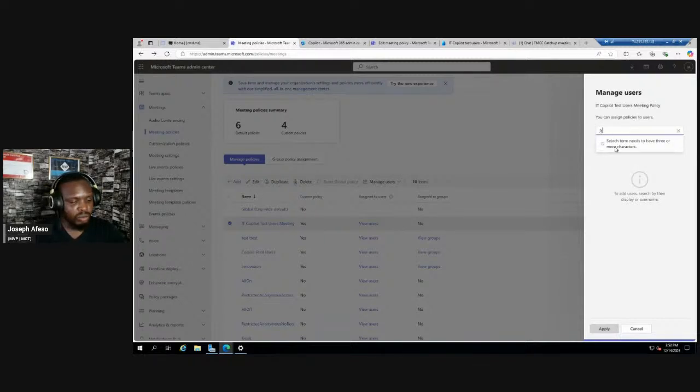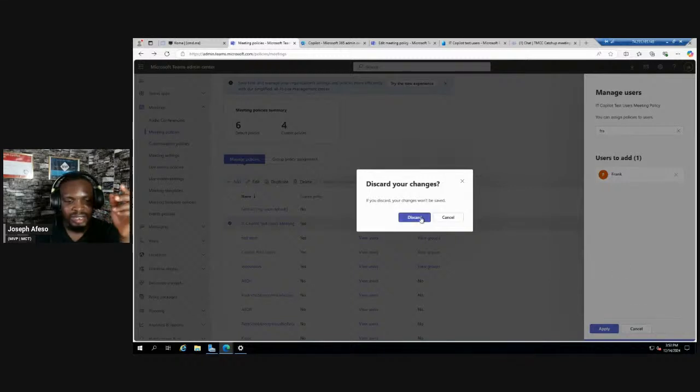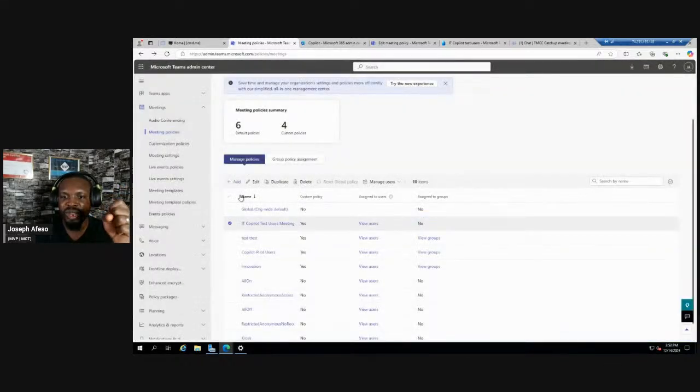But this is not what we want to do. What we want to do is assign the policy to a group, just so the policy can transcend across everyone. So instead of clicking on this and then manage and assign user, I would rather click on group policy